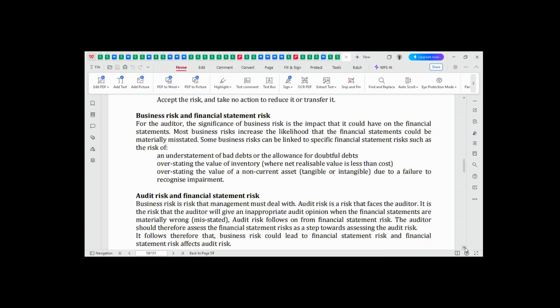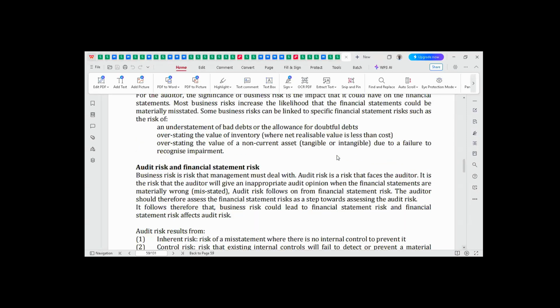Somebody's just asking a question here. Come again on the risk model. What I said is that the audit risk model is a function of inherent risk, control risk and detection risk. If inherent and control risks are high, detection risk is low, and vice versa. So the summary of the audit risk model is that the audit risk should always be brought